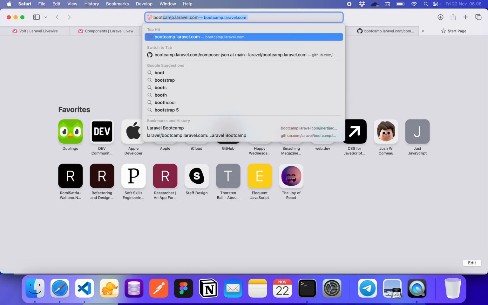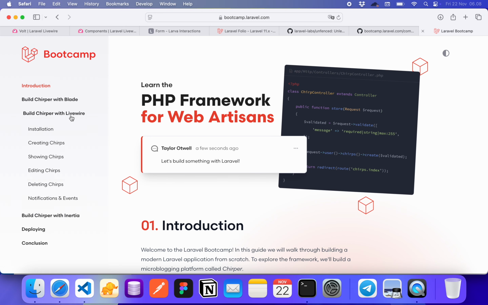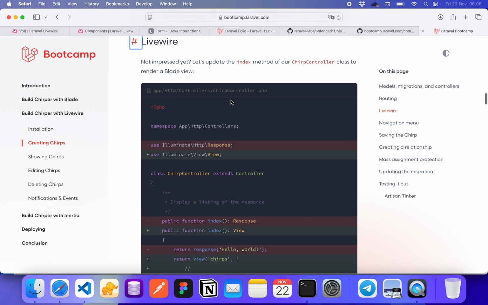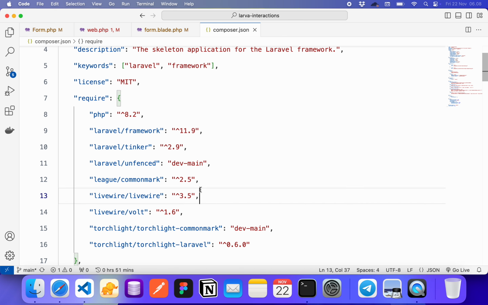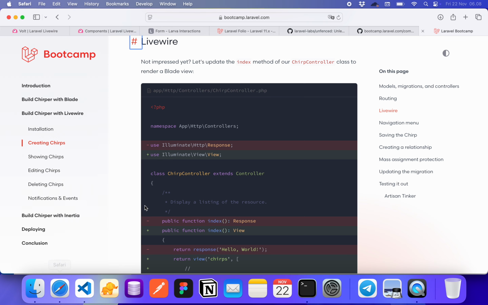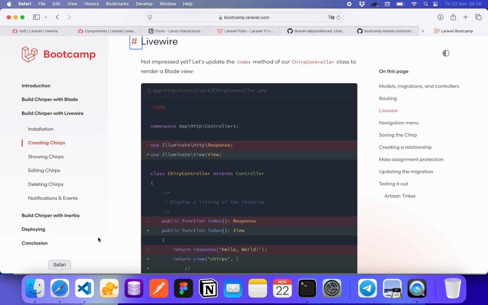If you open the bootcamp Laravel itself and see the snippet, like Livewire, this one, it comes from Laravel Unfenced, and you also need to install torchlight commonmark and torchlight Laravel in order to make it work, like syntax highlighting.